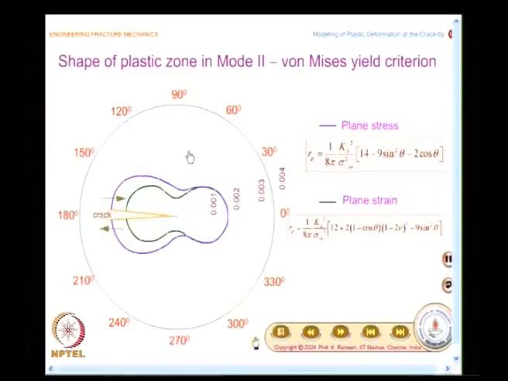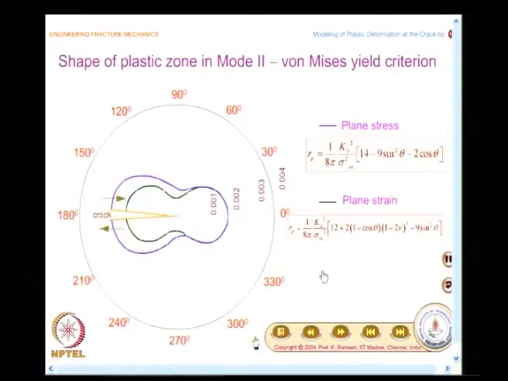So, that is one way of comparing the shapes, and the difference between plane stress and plane strain is not that significant in the case of mode 2. In the case of mode 1, the sizes were quite different for the two cases, and what you need to draw is just the shape. You do not have to draw this polar plot the way it is drawn. This is to aid your understanding of how this graph is drawn. You collect several points for various values of theta and join them as a smooth curve. For your purpose, you just draw these two shapes.